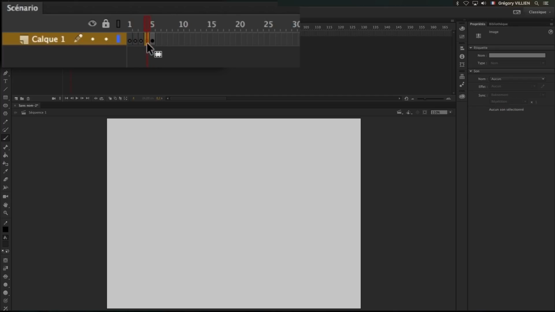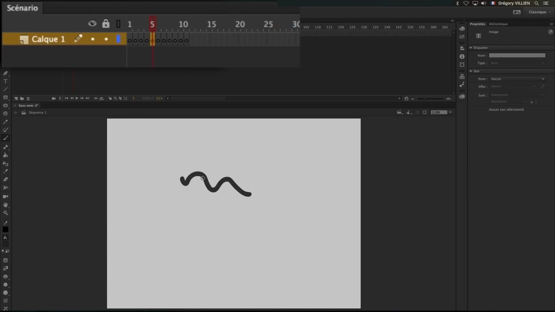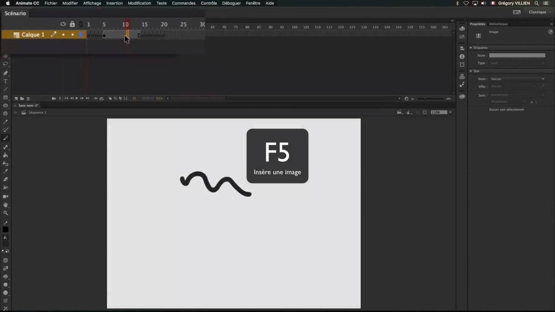Now, this is going to be different from our other previous keyframes. So we'll first have a shortcut F7, which allows us to create new keyframes automatically. If we go back to the keyframe we just created here and want to extend its duration, press F5, and you'll see I'm adding a duration every time I press it. It's going to the last frame.